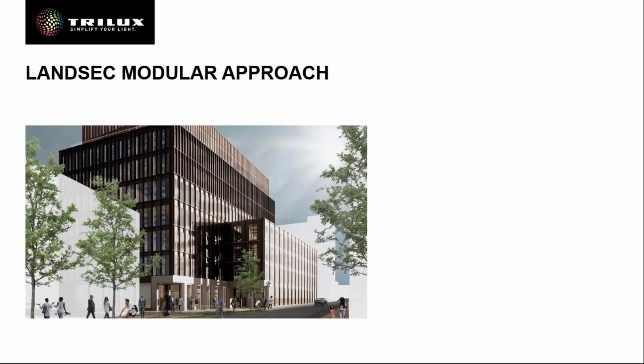There is hope. Landsec are trying out a new modular design. The platform system uses a kit of modular components that can be combined to produce a customized structure. And this includes the lighting, and that's part of the module. And it can be interchanged to create an initial example while the building is marketed, and then modified to suit